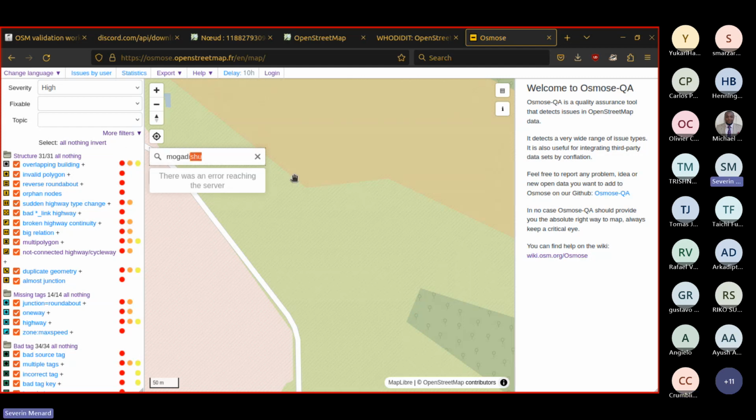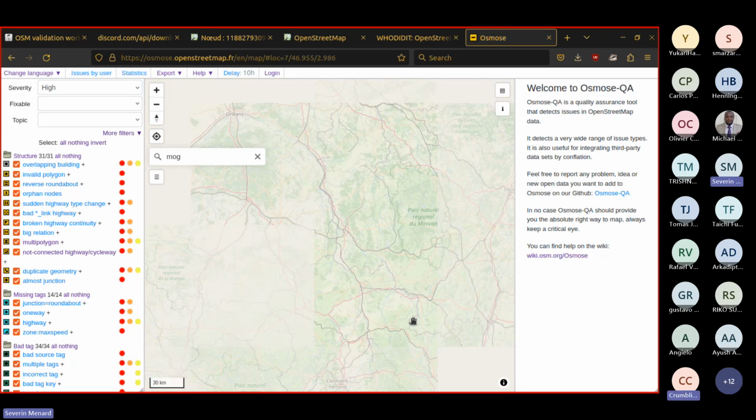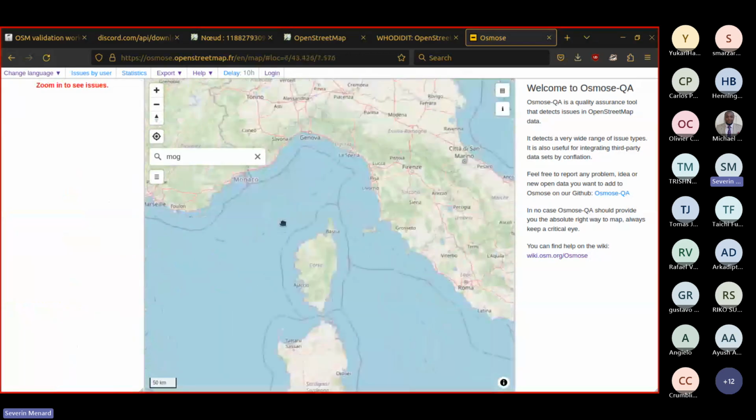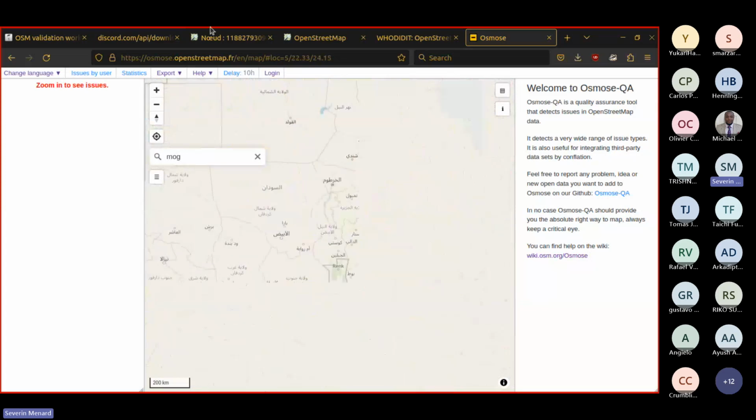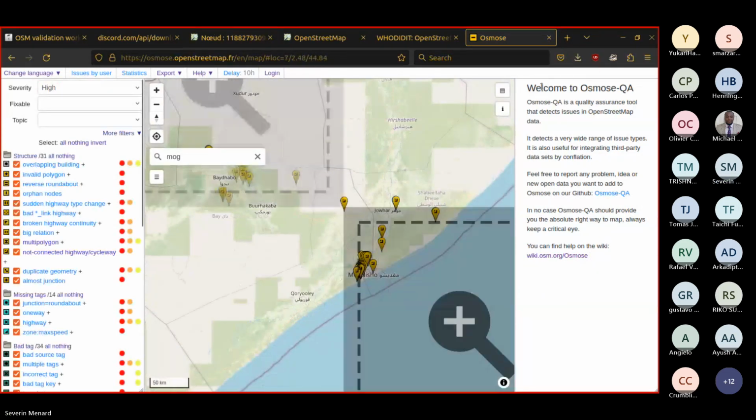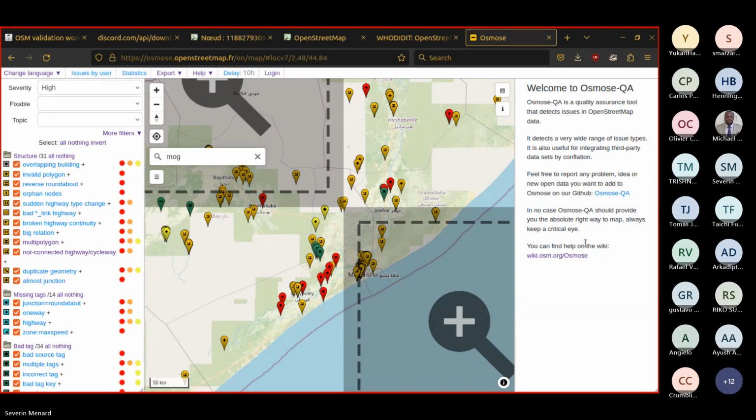I don't know how to spell it in English. No, we get issue. It's just a U on the end, I think. Just Mogadishu. SU? Okay, SHU then. There's an error reaching the server. It's not even the spelling. Oh, okay, it works at least. Even the geocoding has an issue. So everything is not done today.